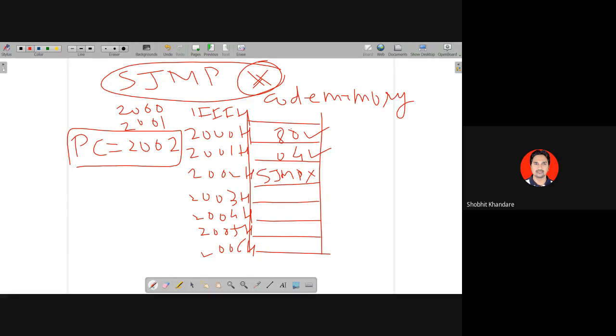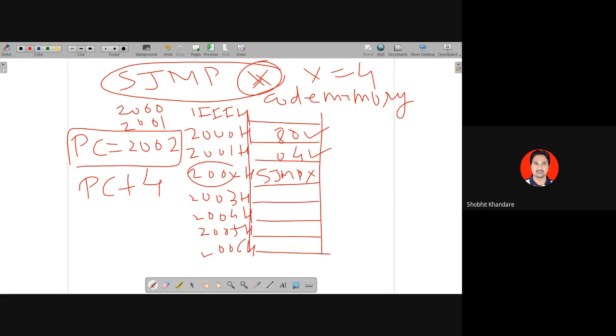Okay, for example, suppose my x is equal to 4. Then SJMP X, when I do it at memory location 2002, when this instruction SJMP X comes, at that time what will happen? Your PC will be added with the value of x.